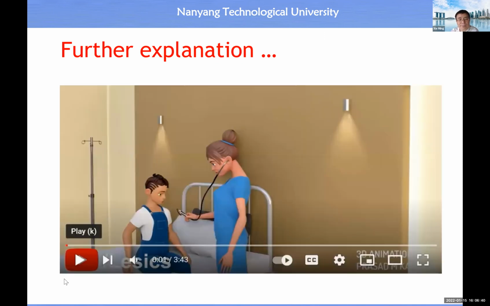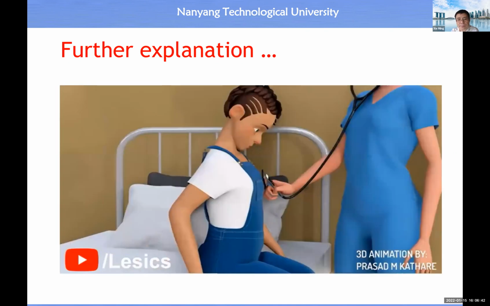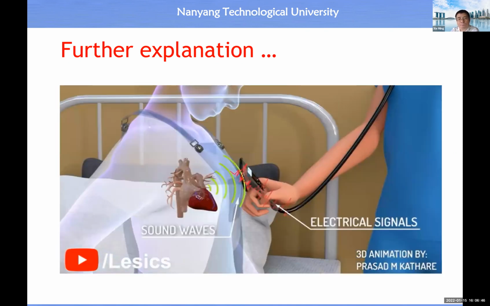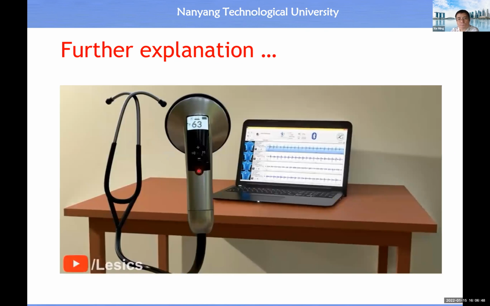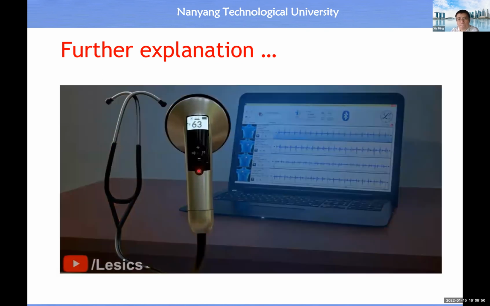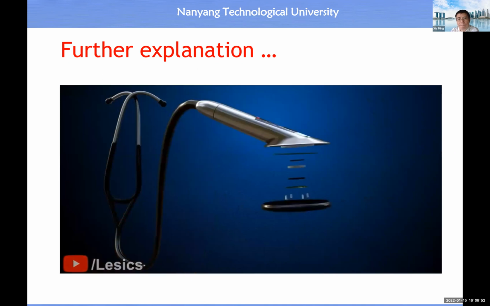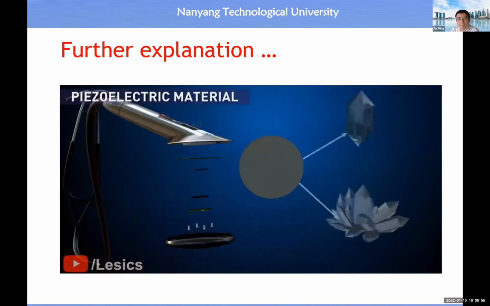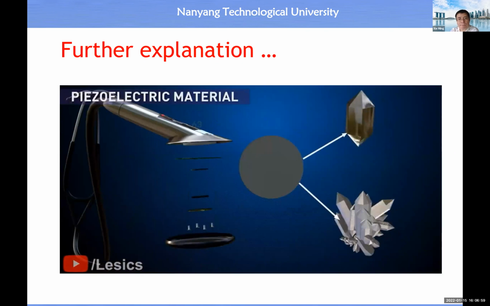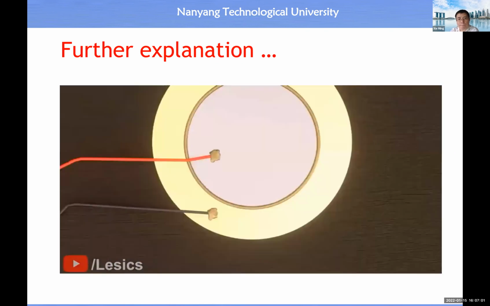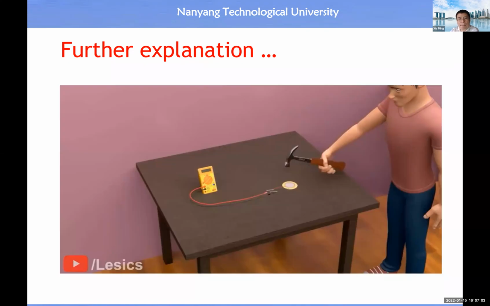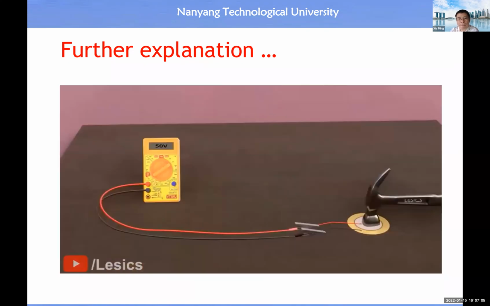Stethoscopes can convert sound waves to electrical signals, which enable them to listen, record, and play back sound waves coming from the body. One of the most popular ways used to convert sound signal to electrical signal is using a piezoelectric material. The special property of piezoelectric material is that when external stress is applied across the material, it can generate voltage. Let's take a look at how these materials are able to exhibit this unique property.